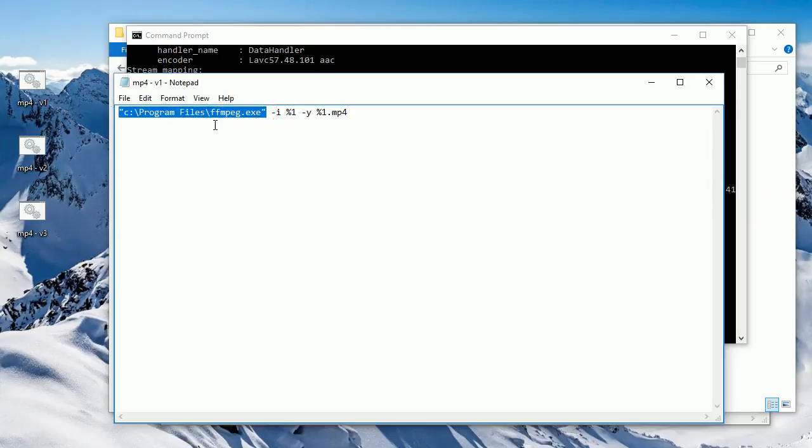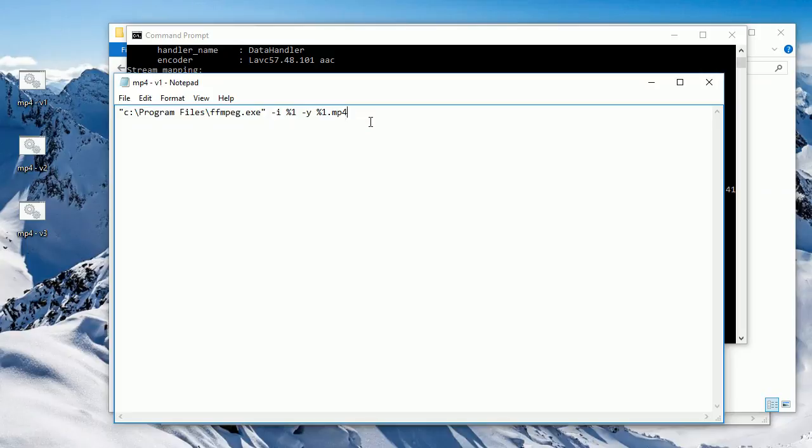So FFmpeg -i, the first file I dropped. -y means you can overwrite the output file if it exists. %1 again, but .mp4. It means the first file I dropped, but it should append an mp4 extension at the